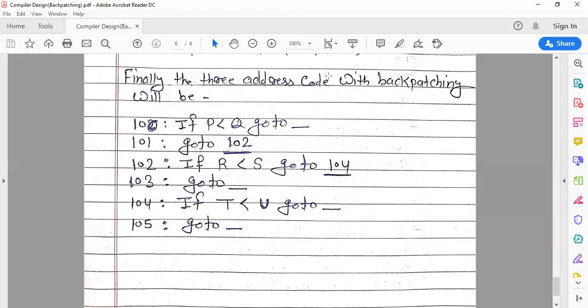You can write the 3 address code with backpatching or without backpatching. Whenever you are asked to use backpatching, you apply this SDT, or otherwise you can simply use the previous technique.